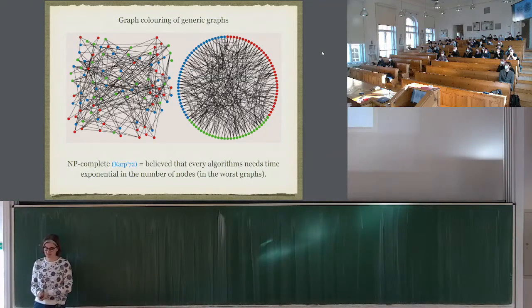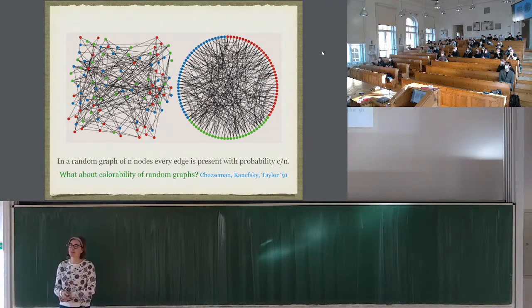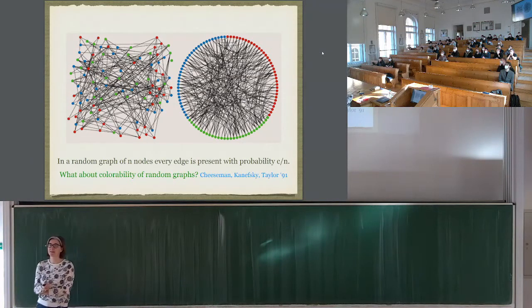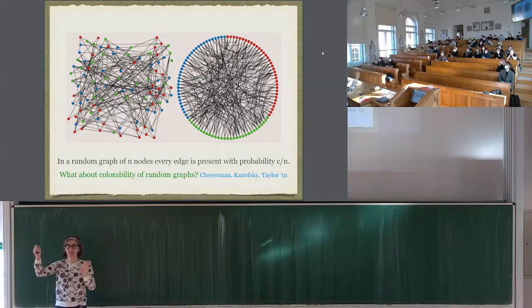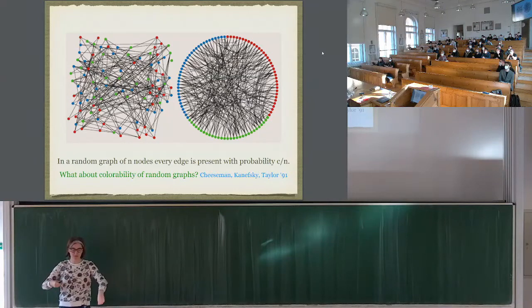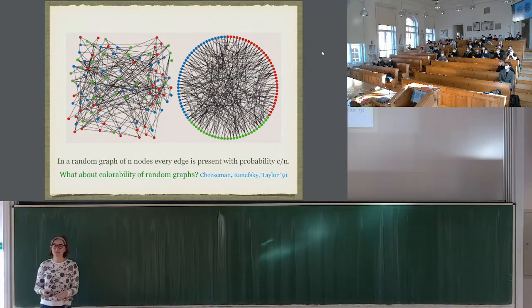But the question that we studied, and that is connected back to physics, is what happens if the graph is random. So what is a random graph? That's very simple. You have the nodes without edges at first, right? And then you put the edges. For every possible pair of nodes, you have some probability p, and you decide with that probability whether or not you put the edge. The probability is the same for every edge, and you go like that through all the pairs. For each of them, you roll a dice and decide whether the edge is put or not.